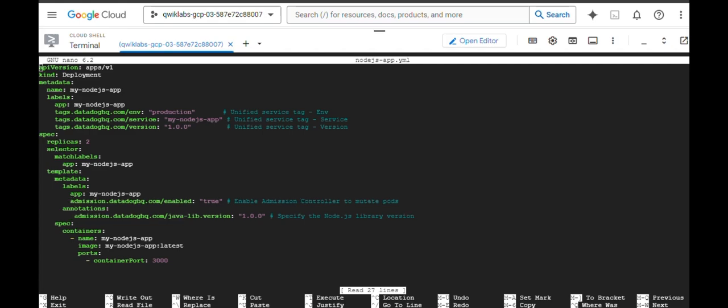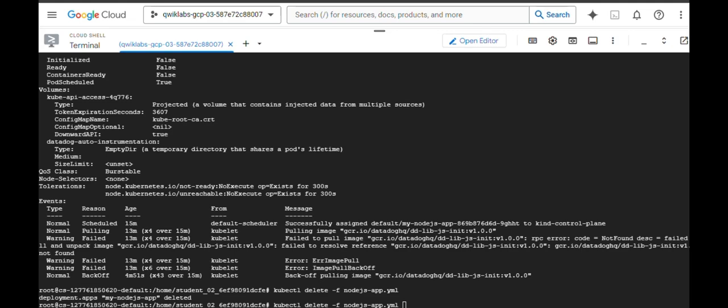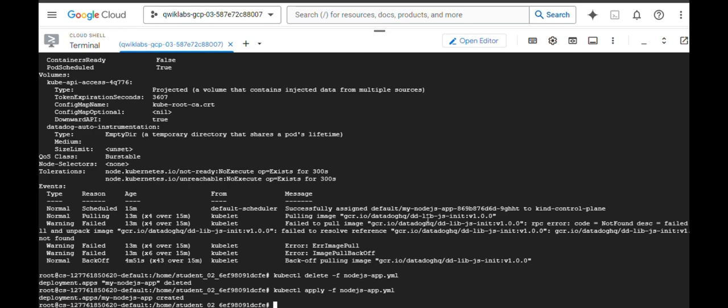Once you've added these configurations, apply them, and your pods will be ready for instrumentation. The library will be injected only into new pods, not affecting any running pods. Checking the library injection. After deployment, check if the